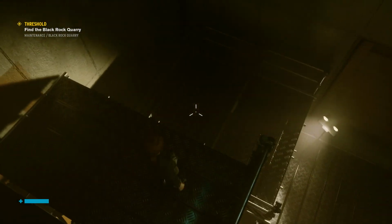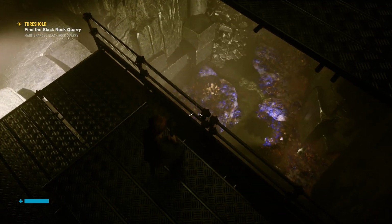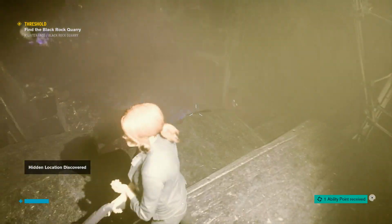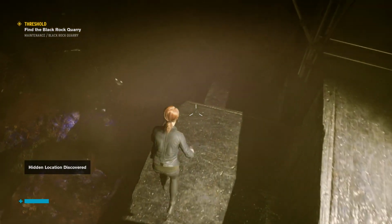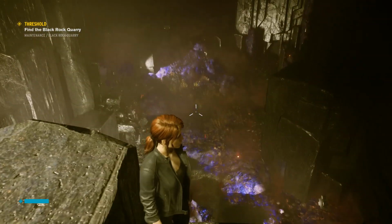So apparently, I did not realize this when I started playing it, but this is one of the first games to really take advantage of the new fancy RTX lighting tech. So if you have a very fancy graphics card... Ooh. Hidden location discovered. Have we gotten that notification before? I mean, we found areas that seemed...